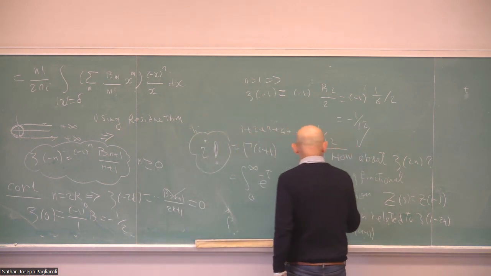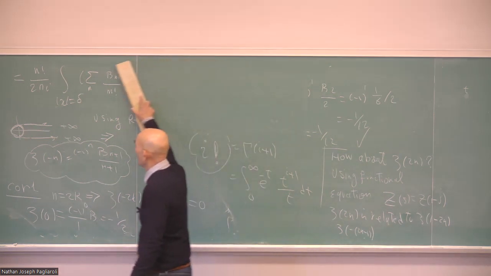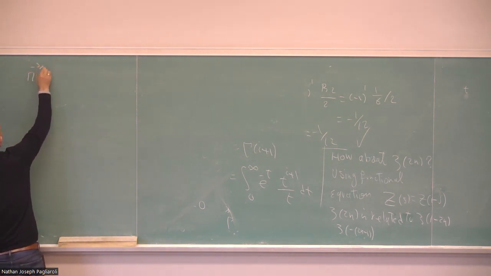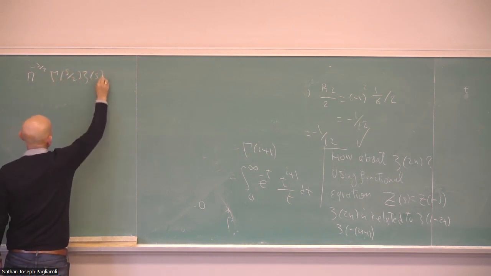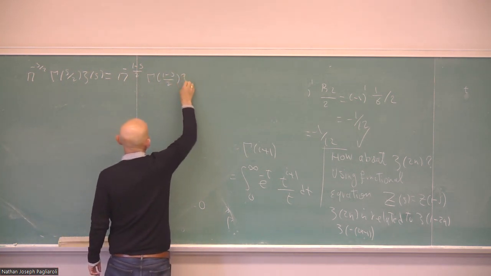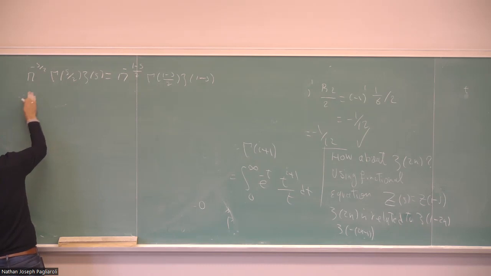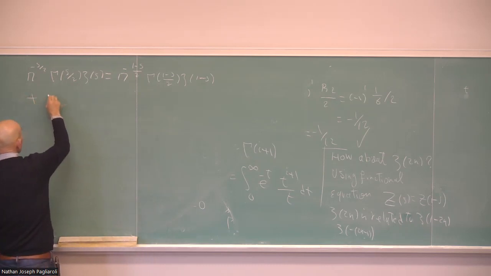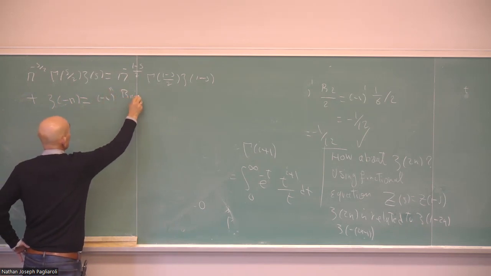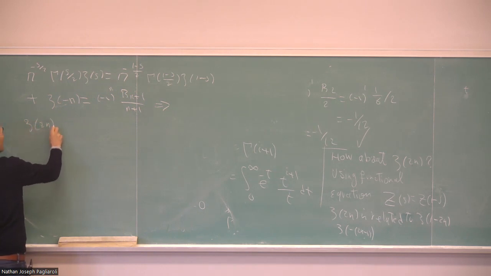Okay, but they are not the same. They are related, right? What is the relation? Well, the relation is this. Of course, again, I'm just writing these things many times. So we have pi to the power minus s over 2, gamma of s over 2, zeta of s, equal to pi to the power minus (1 minus s) over 2, gamma of (1 minus s) over 2, zeta of 1 minus s. Okay? So this, plus the fact that zeta of minus n is equal to minus 1 to the n, B of n plus 1 over n plus 1, implies, by using this move, that zeta of 2n is equal to